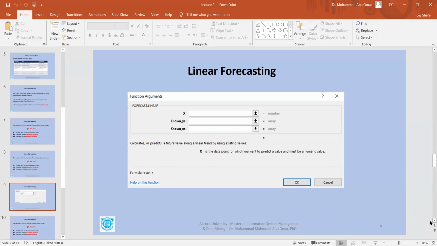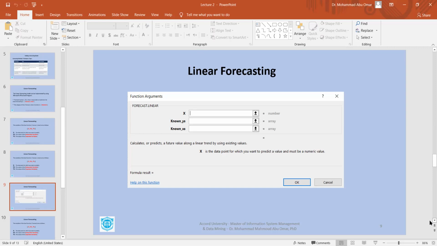After you go to the Excel library and choose the correct and suitable category, which in our example is Statistical, and then choose the correct function, which in our example is FORECAST.LINEAR, because we are looking to implement simple linear regression and forecasting,